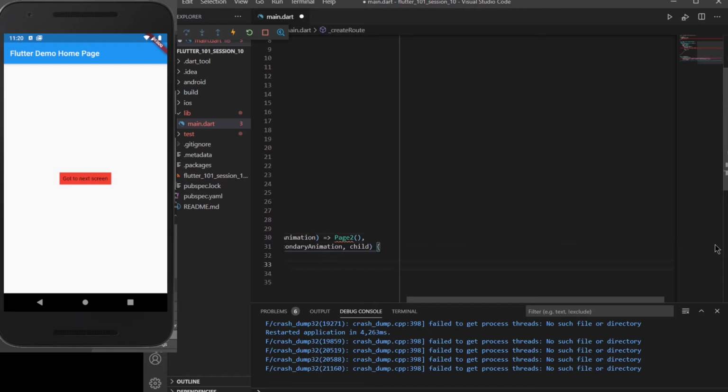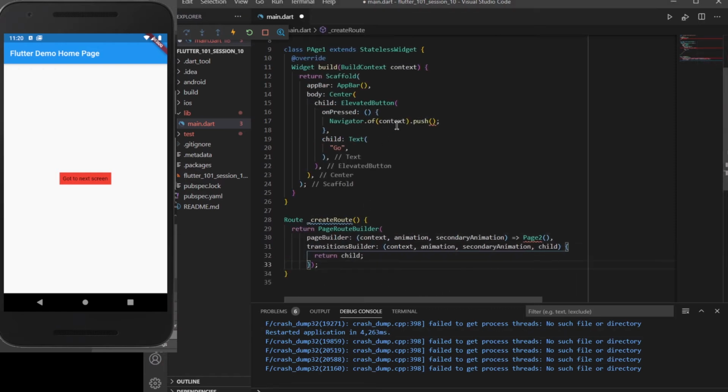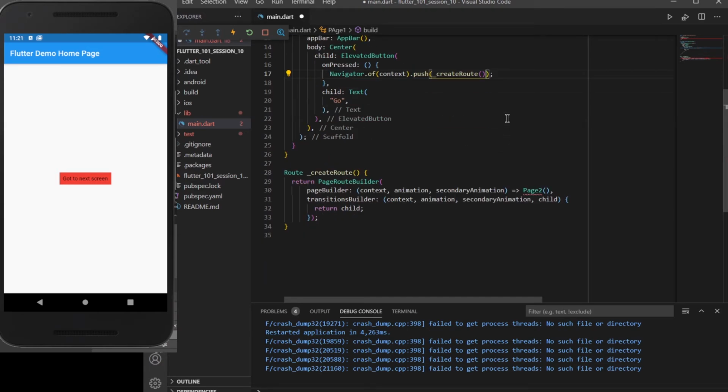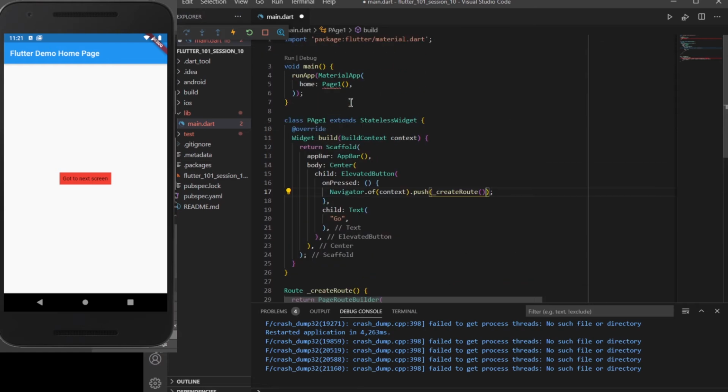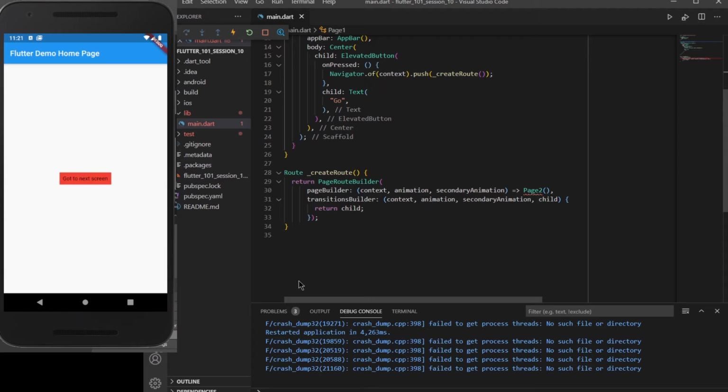So this is for the route which we have created, and we'll pass that route inside this push. So inside this push I'll add _createRoute. This is the route where our app will be pushing the things. I need to name it Page1, and we need to start working on Page2. Page2 will be of type STF, so it will be stateful.